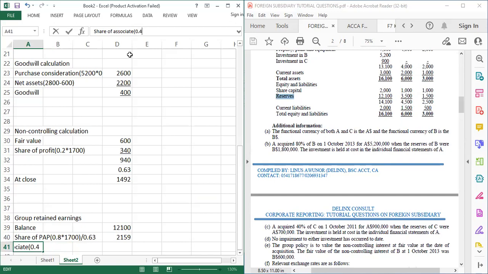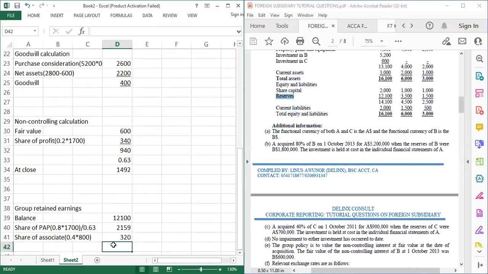So 0.4 multiplied by 800. How much are we getting? 320. Okay. What are we going to do next? You see, if you are doing statement of profit or loss, this is a shortcut that I'm showing you. You do all the workings for